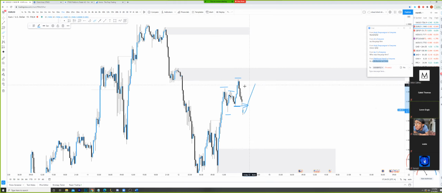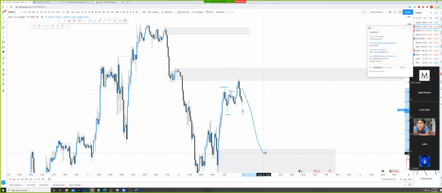Most likely, I want to see sells from right here, especially with the imbalance left behind. So if price gets up here, I'll look for a confirmation entry off of a lower time frame schematic. Because it's a 15-minute chart, I have a lot of lower time frame that we can do there to find sells into these zones here. Otherwise, price is most likely going to continue way lower.